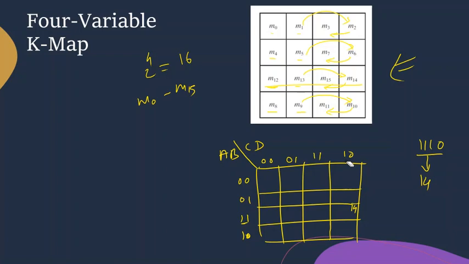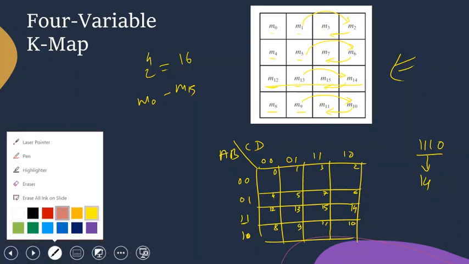Now what I do, I told you to draw this skeleton and then in the top corner start writing the min term numbers 0, 1, 2, 3, 4, 5, 6, 7, 8, 9, 10, 11, 12, 13, 14, and then the last one is 15. So for any four variable K-map, you will start with this skeleton. And depending on the question, whatever min terms are present in a particular function, you will place 1. On the rest of the positions, you will place 0, and then you will start making pairings.